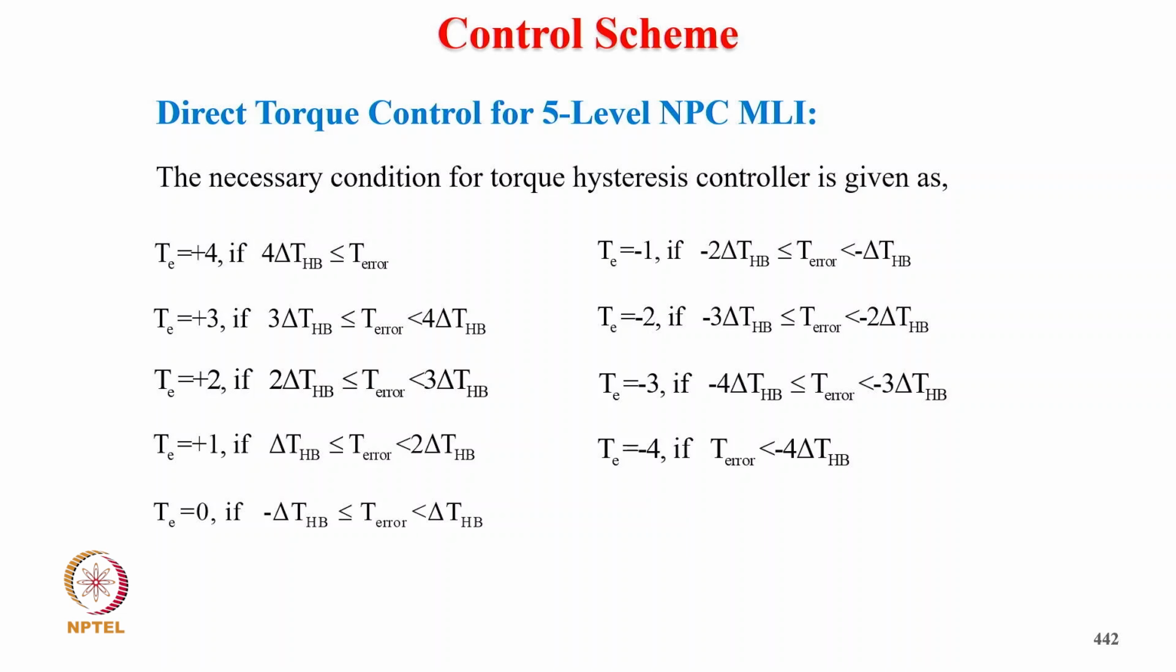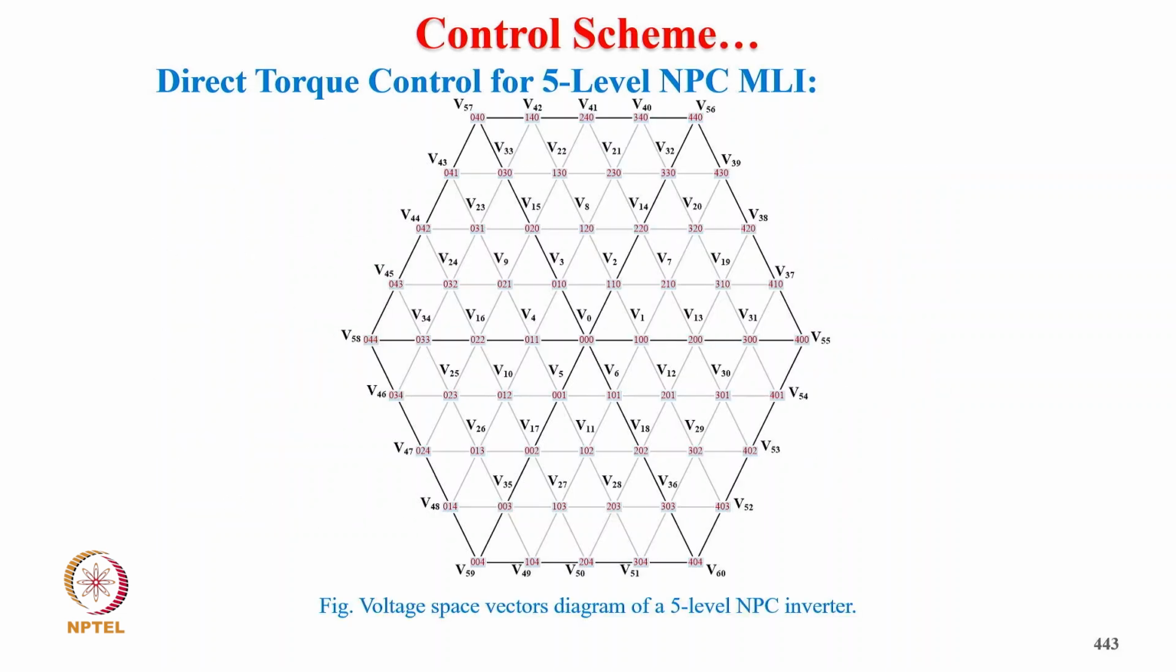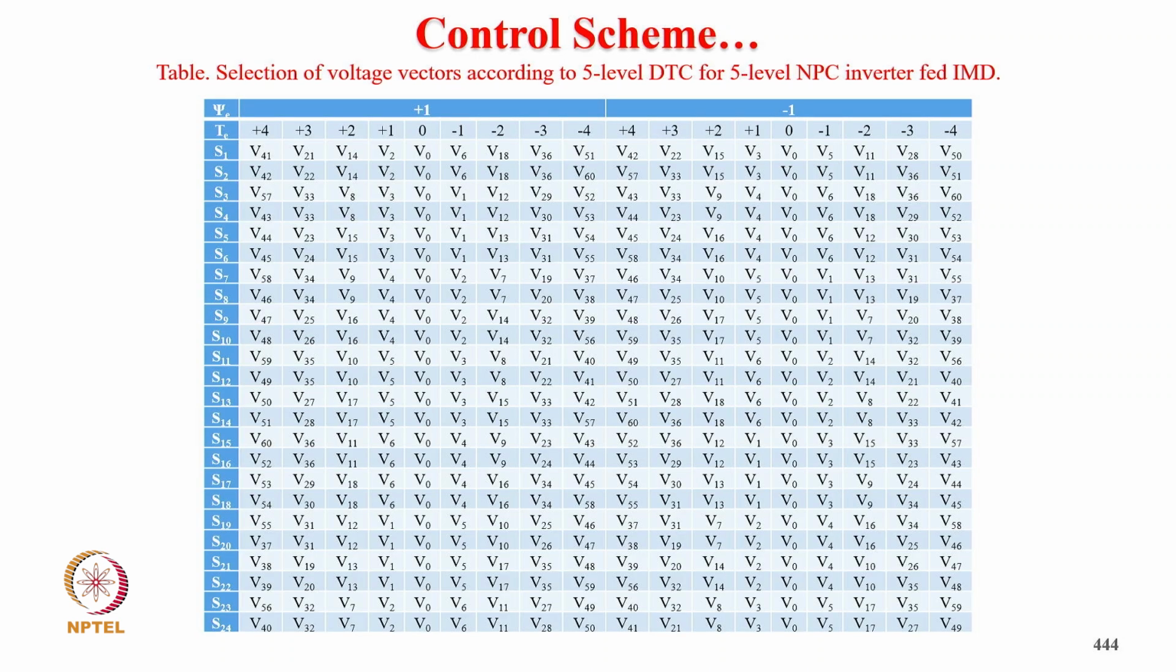T equal to 0 if TRL is between minus TB and TB. T equal to minus 1 if TRL is between minus 2 delta TB and minus delta TB, and T equal to minus 2 when TRL is between minus 3 delta TB and minus 2 delta TB, T equal to minus 3 when TRL is between minus 4 delta TB and minus 3 delta TB, and T equal to minus 4 if TRL is less than minus 4 delta TB. And this is the space vector diagram for 5 level neutral point capacitor,